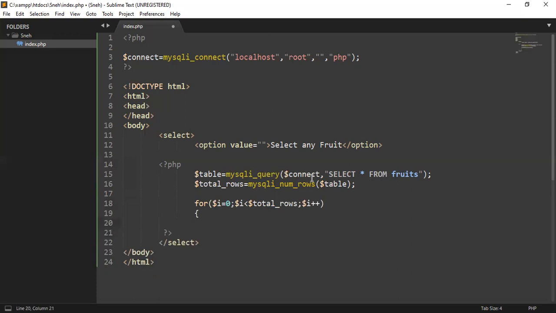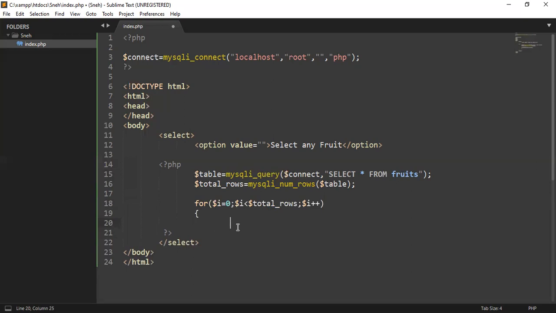So initially we have a table, but we don't want the table. What do we want? We want a row. For example, in the first row we will get data, that is fruit name. After that we want the second row, and then we will get the data from the second row. So we want data row by row. So how do we get that?